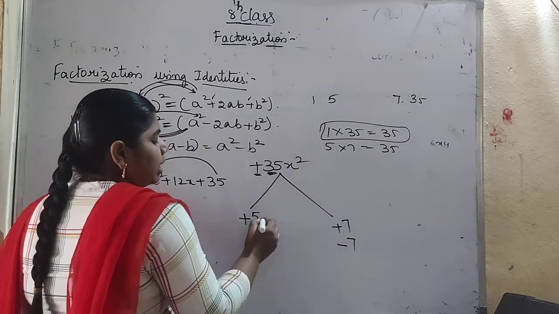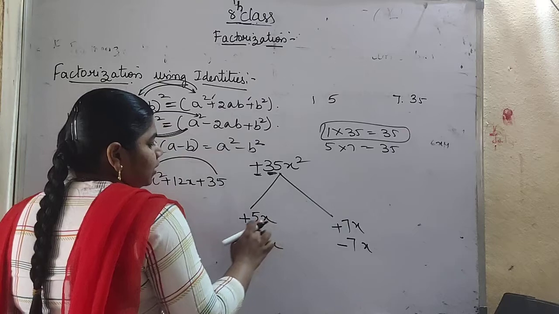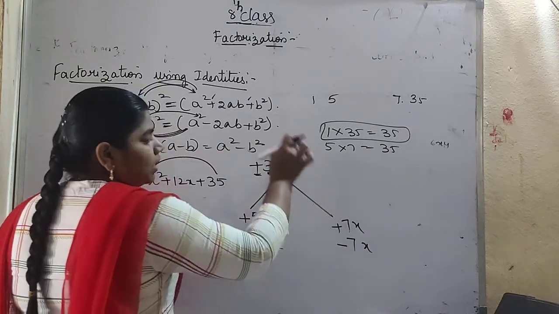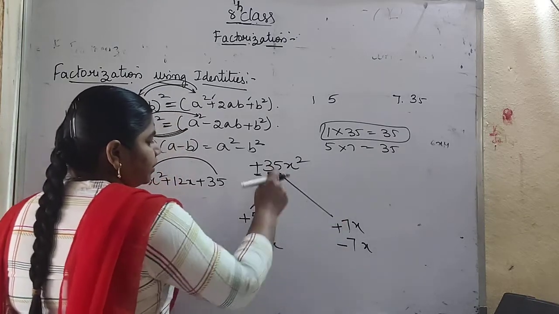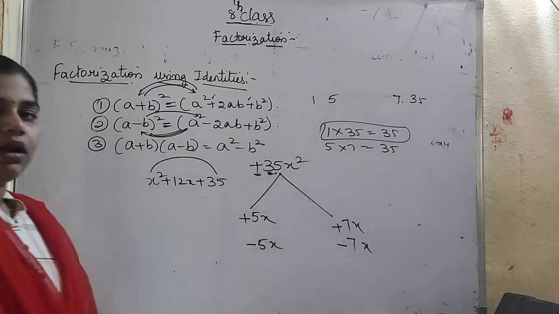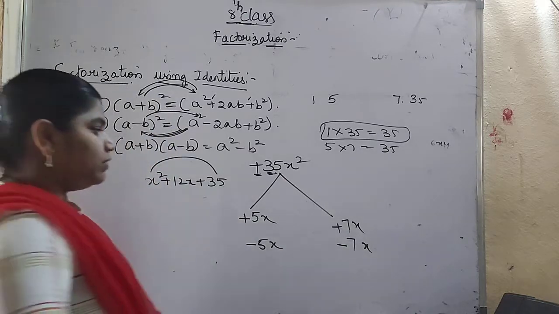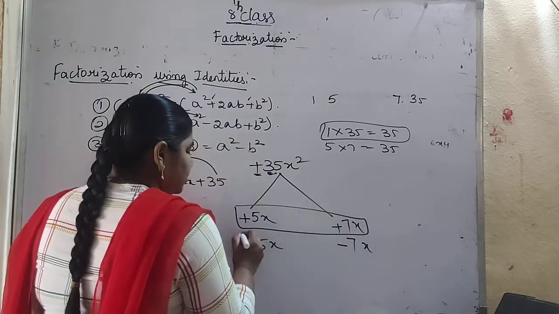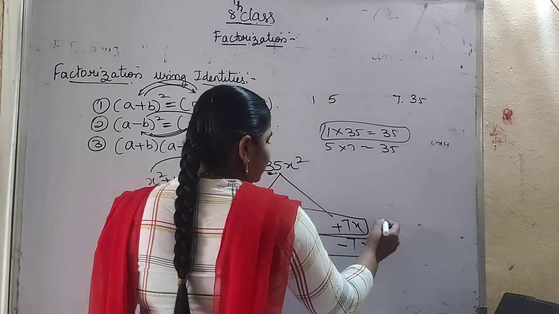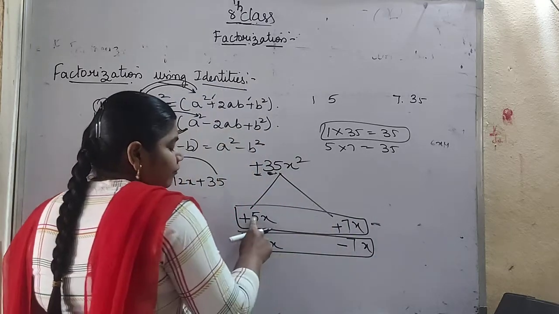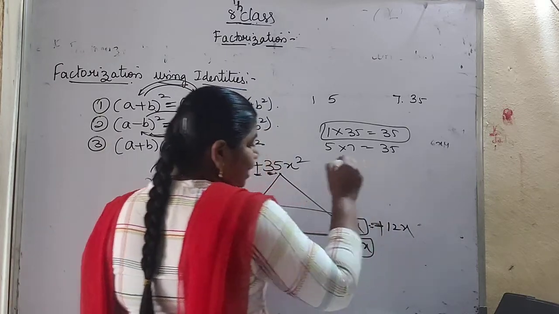Now x square can be written as x into x. Now plus into plus is plus, 5 7 times is 35, x into x is x square. Again if you multiply this, minus into minus is plus, 5 7 times is 35, x into x will be x square. Now we should get plus 12x. So in which case you will get plus 12x, we have to see. This is the first case, this is the second case. In first case, plus into plus will be plus. 5 plus 7 will be 12x. Here, bigger number sign is plus.